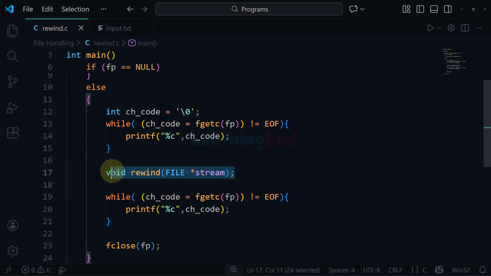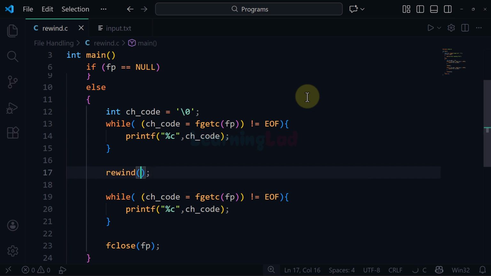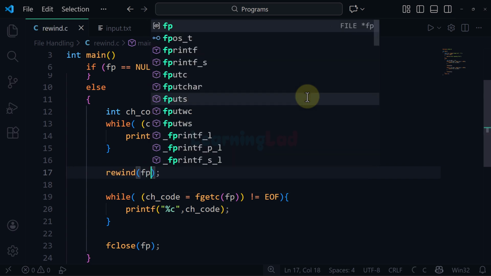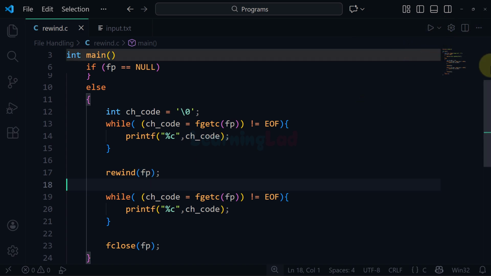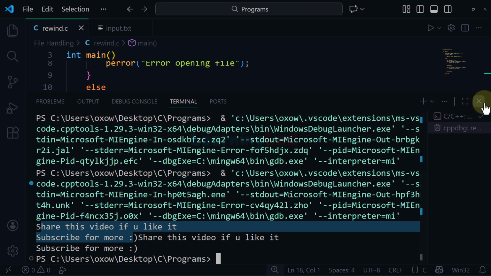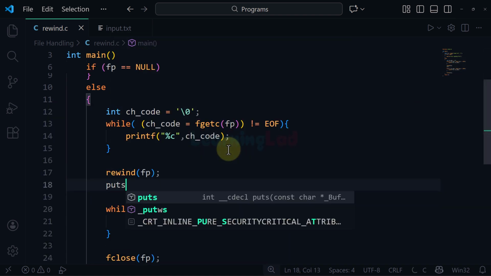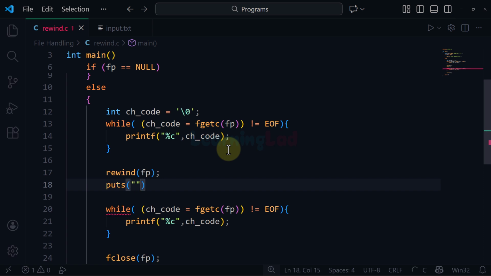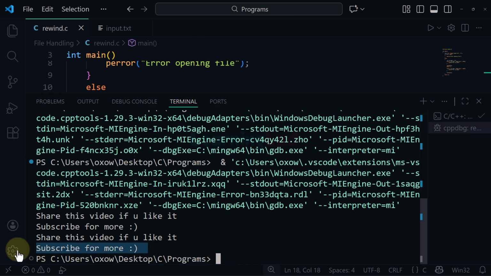So here we will use the rewind function. It will be rewind, and all I have to do is provide the file pointer, which is pointed to by this fp. So now if I save and run this program, we can see we get the contents twice. Now in order to make it pretty, if I want, I can insert a new line in here. So I will use puts and I will display nothing. It will just insert a new line. And if I save this program and run this again,